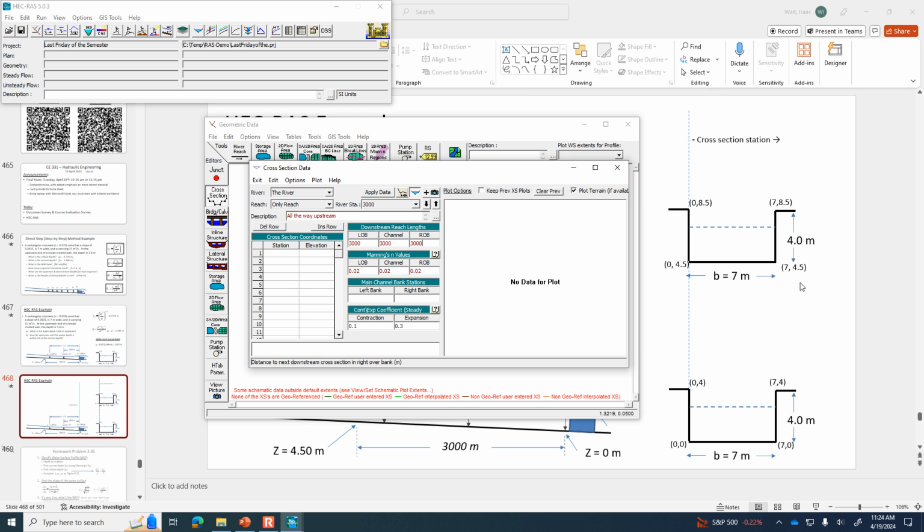So here you can see what coordinates we're going to have. Station 0, elevation 8.5. Station 0, elevation 4.5. Station 7, elevation 4.5, and station 7, elevation 8.5. And then we have to tell it what the banks are at what station locations. And so again, the left bank is at 0, the right bank is at 7,